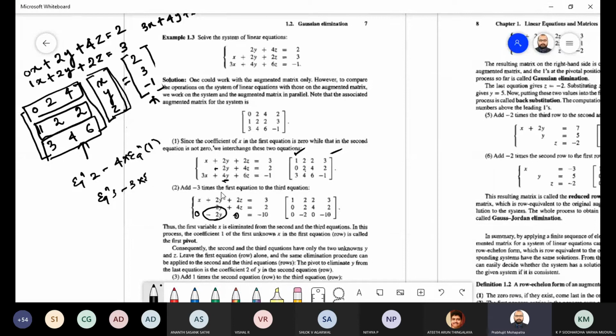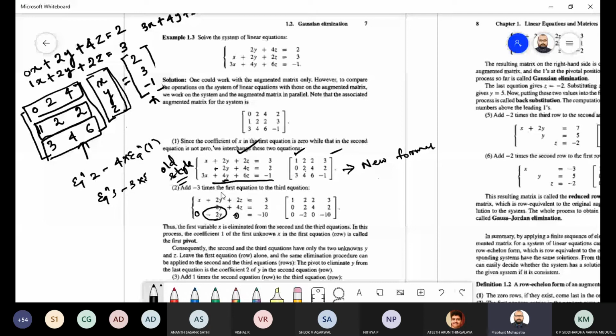So the same thing you can write in terms of matrix. This is the left hand side in terms of equations, the old format, and the right hand side is our new format. In school we used to solve in this old way, but we have to follow the new way. You keep the new format on the right hand side. Slowly we'll adopt the new format.